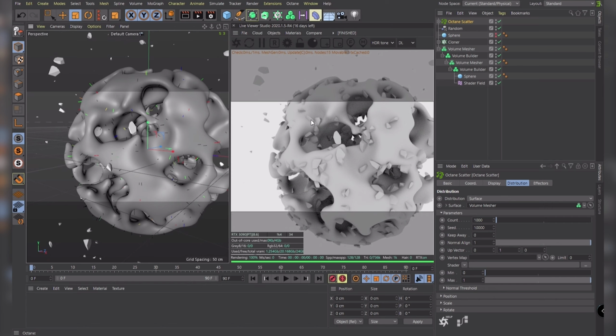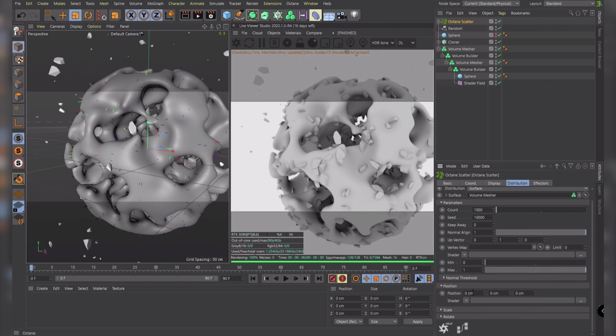So the first thing I notice is that it's sinking in the surface a bit. So we can change that with this position tab. And we have the X, Y, and Z values. The Y value in the center is the one that calculates the height, so that's what we need. So let's just raise this up something like 2 centimeters.